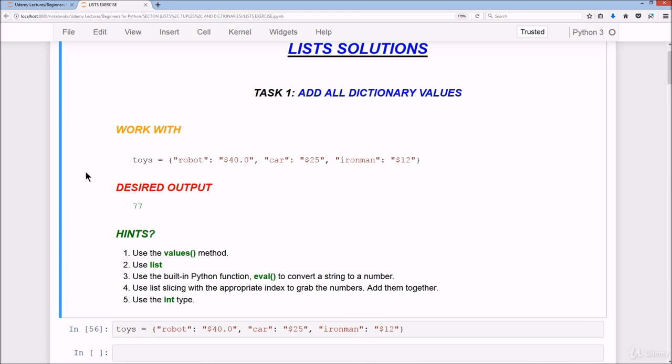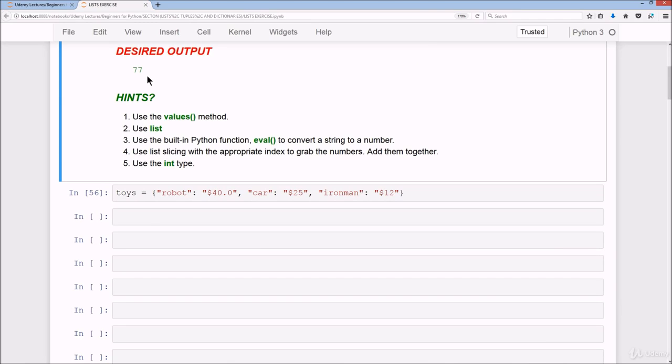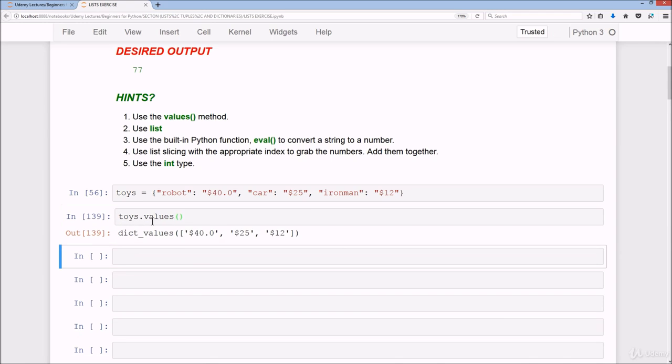We'll start off with the first one, which is add all dictionary values. What we want is the output of an integer, which is 77. All we have to do is toys.values, and as you can see here we have all the values, but this isn't actually a list, it's just a